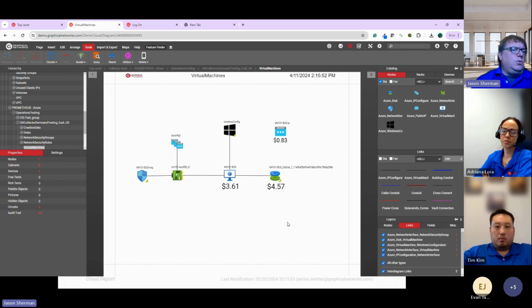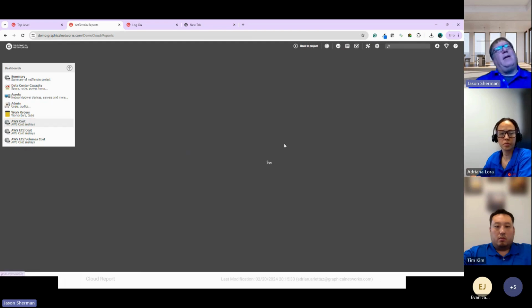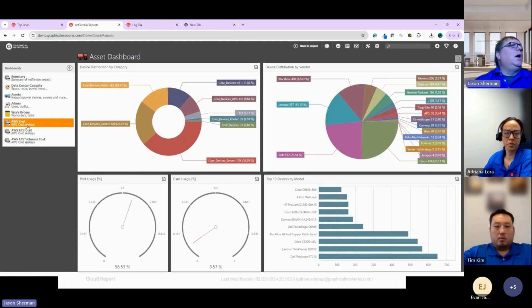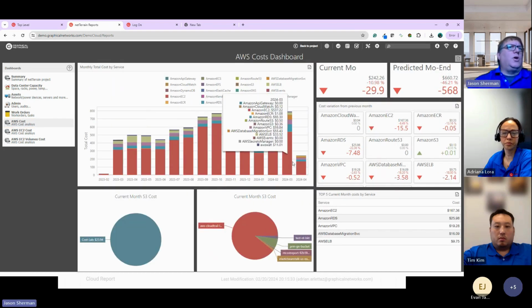You can certainly get into different reporting and other things too, where you can report back on things like cost and so on. I think this is the demo cloud. Let me see. I think I have a cost report that you can run as well. Let me see if that's on. Yeah, here we go. So I just have AWS cost reports, but you can break out your costs. You can look at your costs across the board.